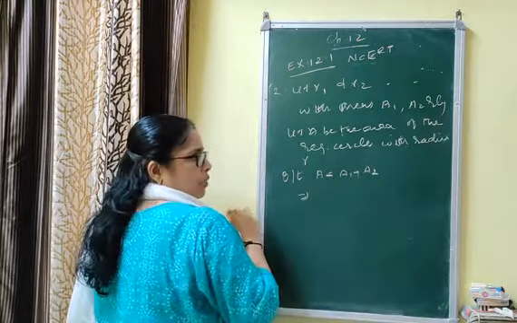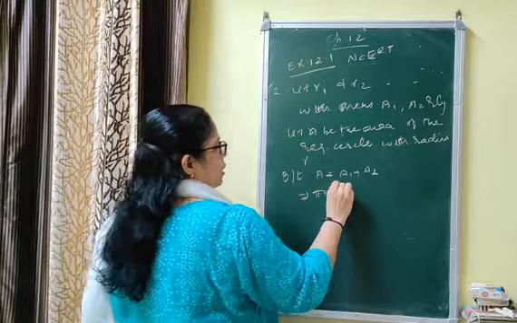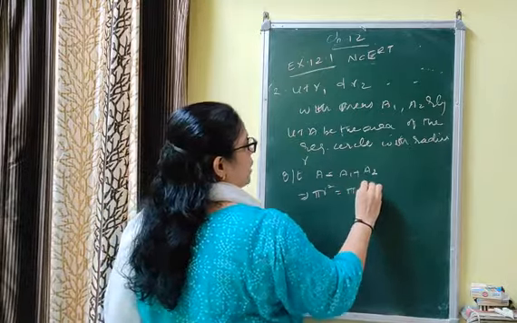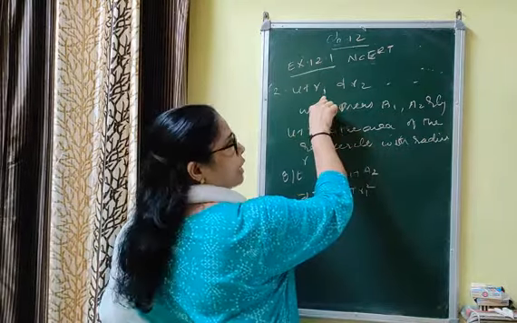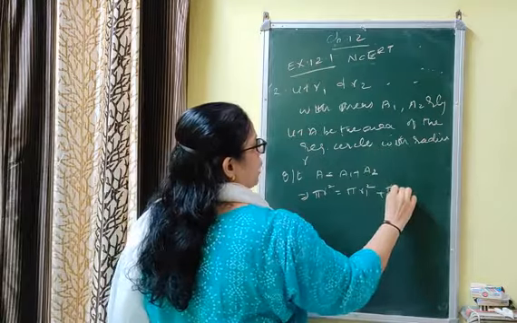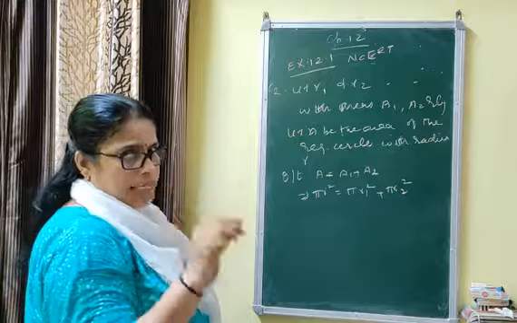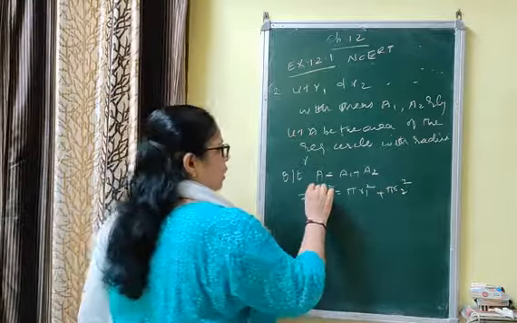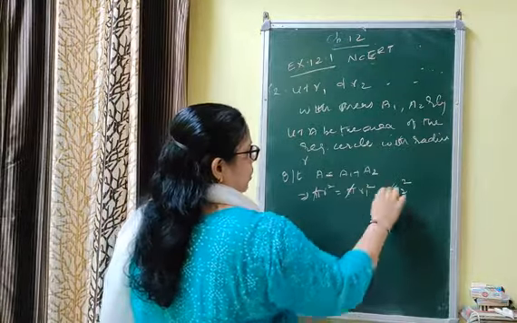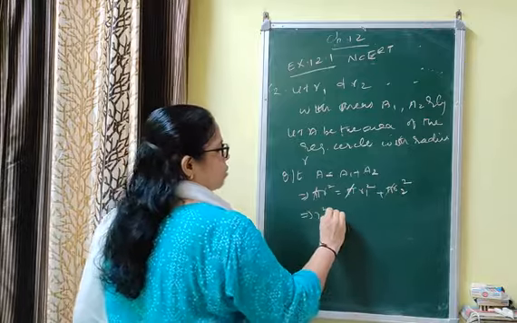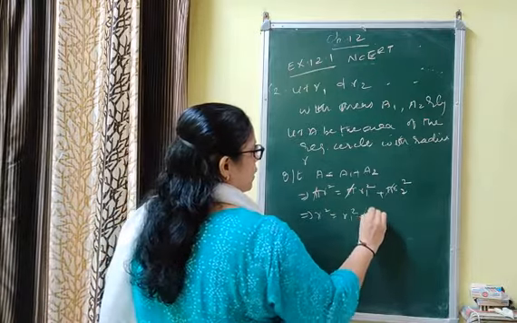And the formula for finding the area of a circle is pi r square. Pi r square is equal to A1, that means pi r1 square because we assumed the radius is r1, plus pi r2 square. So in mensuration, first write the formula, solve, and in the last step put in the values. You will not be wrong. The pi is getting cancelled. That is r square is equal to r1 square plus r2 square.